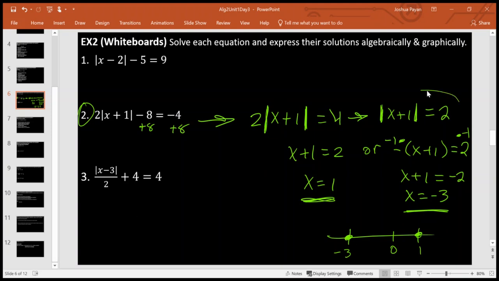I'm going to use this equation here. It's going to be quicker. So is it true to say negative 3 plus 1's absolute value is going to be equal to 2? Well, yes, it is. Negative 3 plus 1 is going to give me negative 2. Negative 2 has the same magnitude as just 2. If I go ahead and try my other solution,